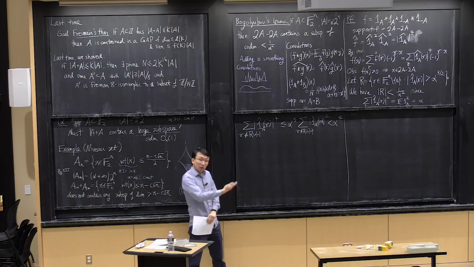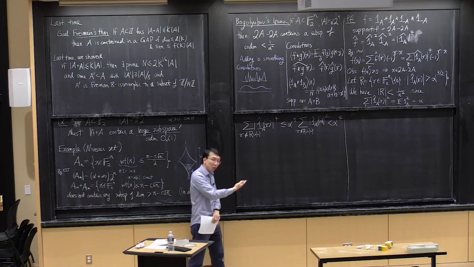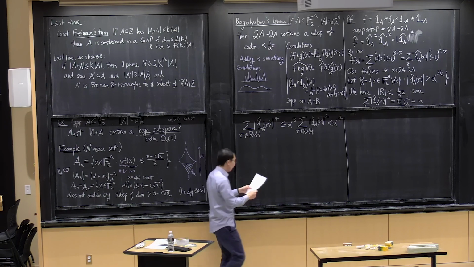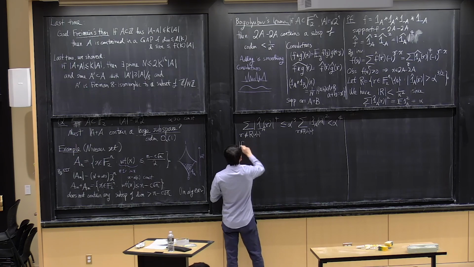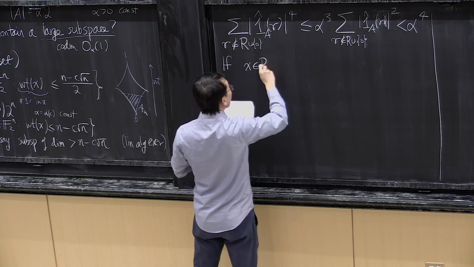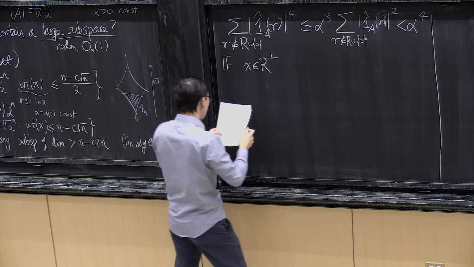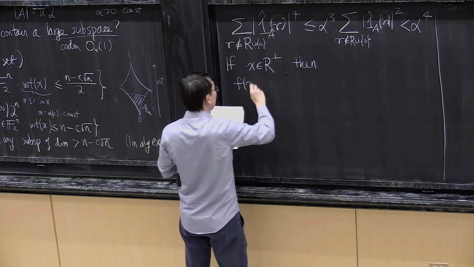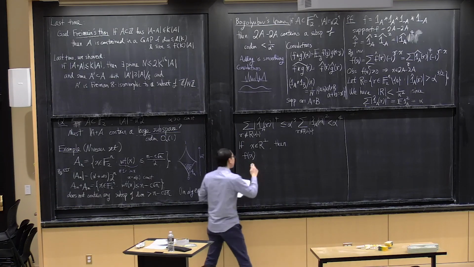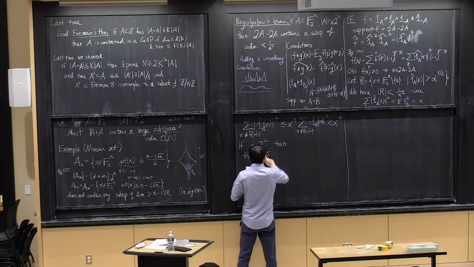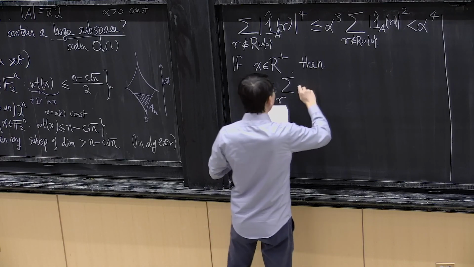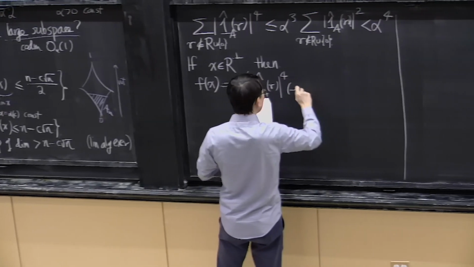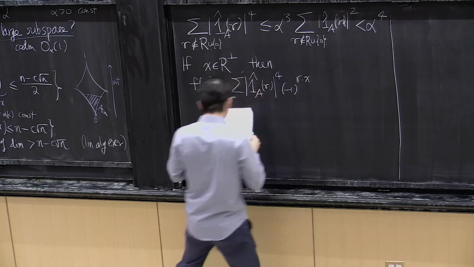Okay, yeah, so this step should be reminiscent of very similar computations that we did in the proof of Roth's theorem. So if x lies in the orthogonal complement of uppercase R, then let's evaluate f of x. From the Fourier inversion formula, we have this.